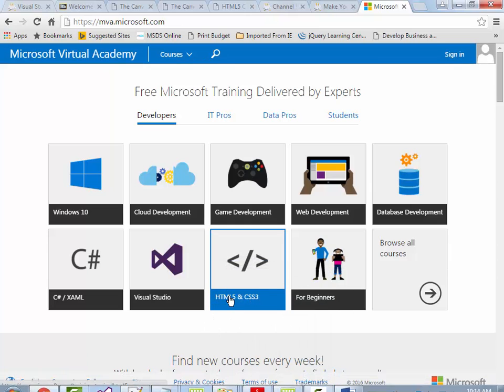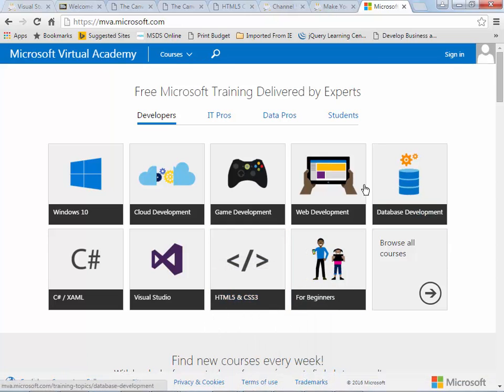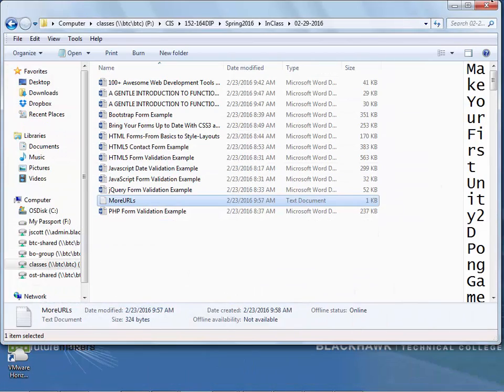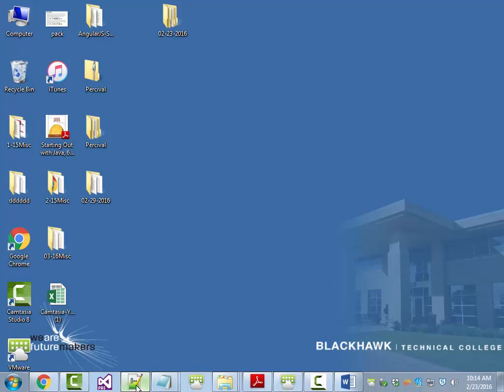They've got tracks for HTML5 and CSS, web development, database development. Now, as you'd probably guess, much of it is very Microsoft centric. Typically, when they do just about anything, they'll do it inside of Visual Studio. But wouldn't you expect that from Microsoft? This is all done through Microsoft, and these are all tech evangelists, senior Microsoft engineers that do this stuff. Again, you might not care, but it's just another thing you can look at if you've got an interest. All right, so again, taking this from the top then.